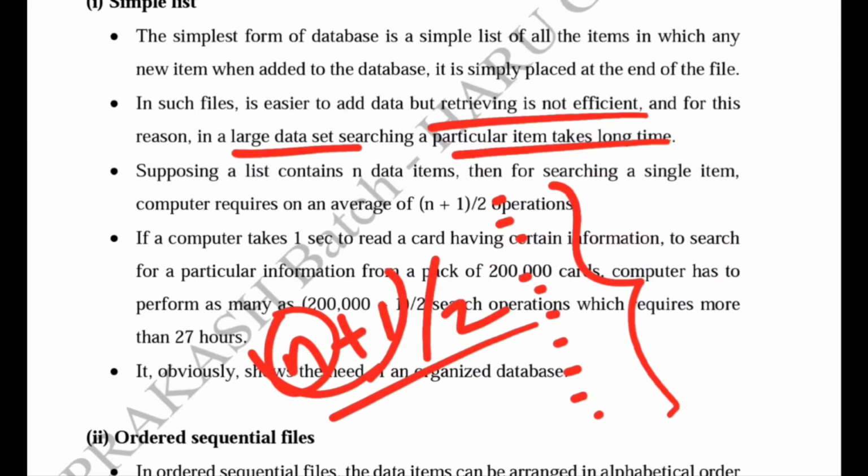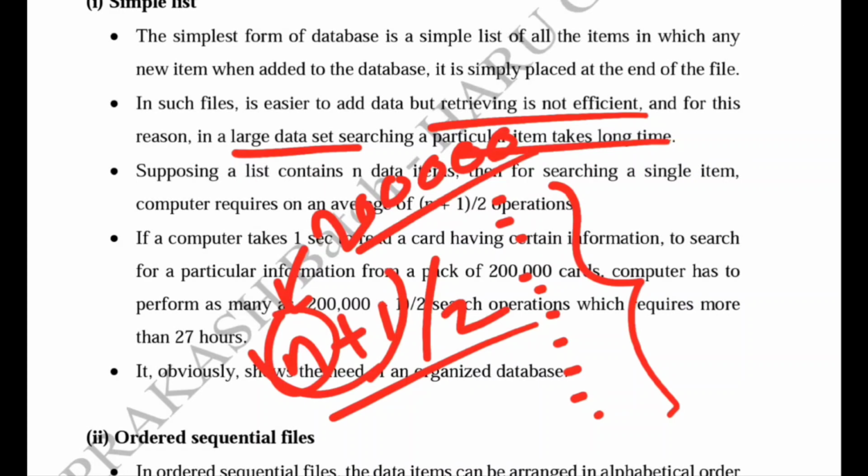If we take an example of 2 million data items, n is 2 million, and the computer requires (2 million + 1)/2 operations for searching any item.